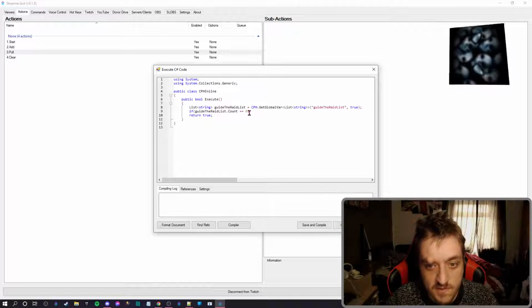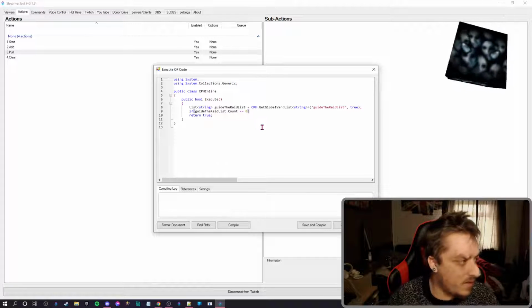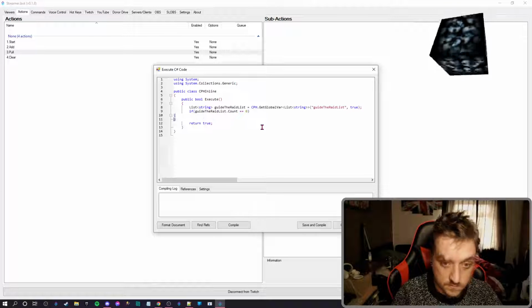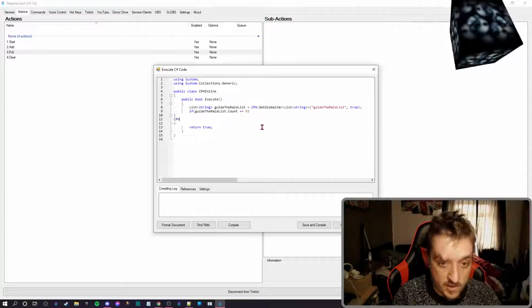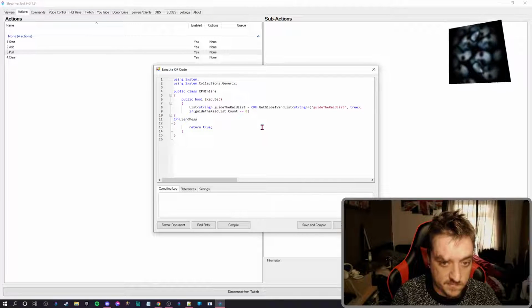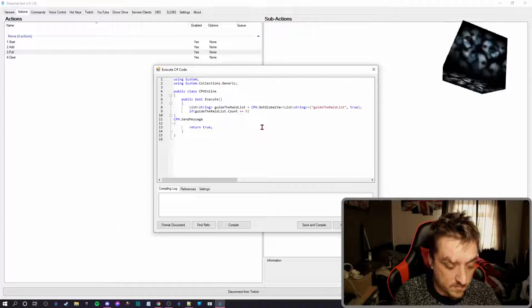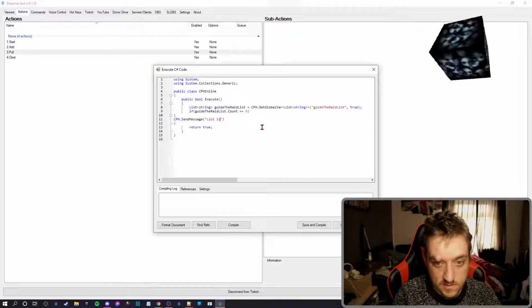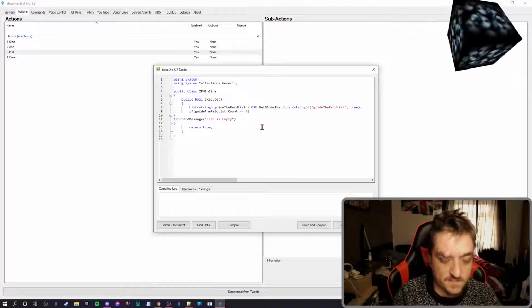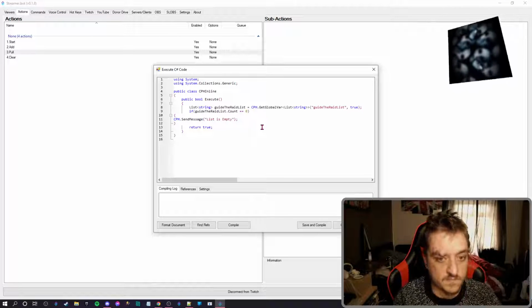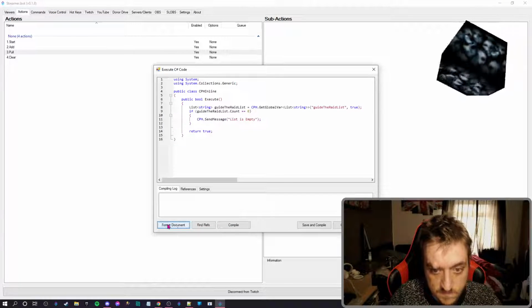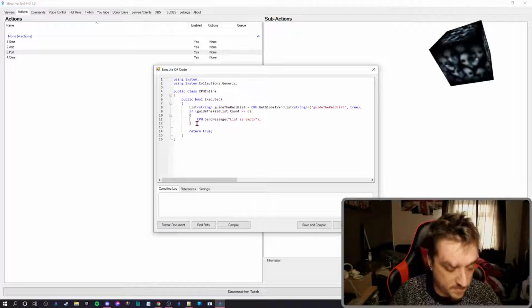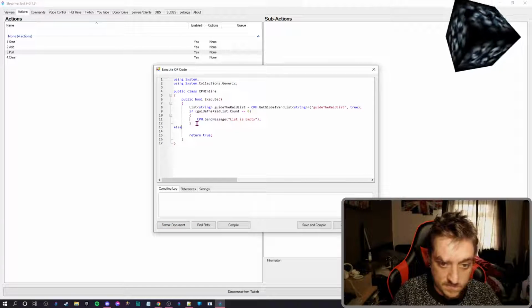I know I missed some off. Equals 0. Then I'm going to say cph.sendMessage list is empty. Else,